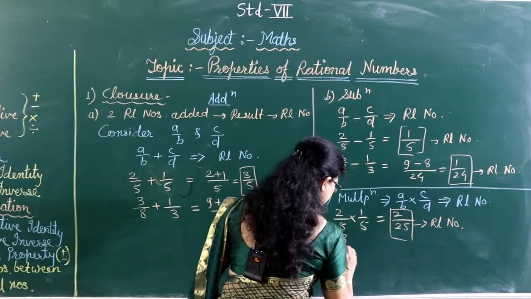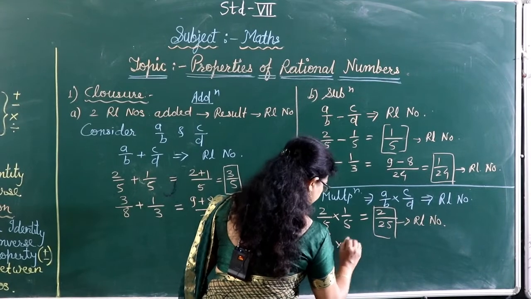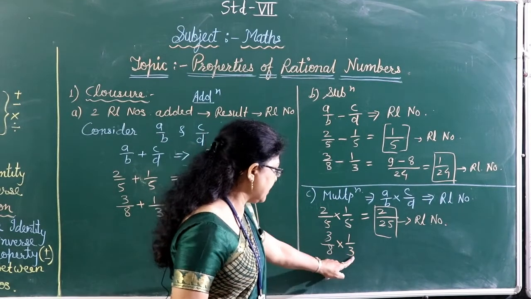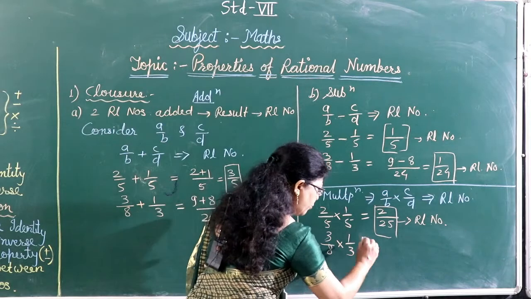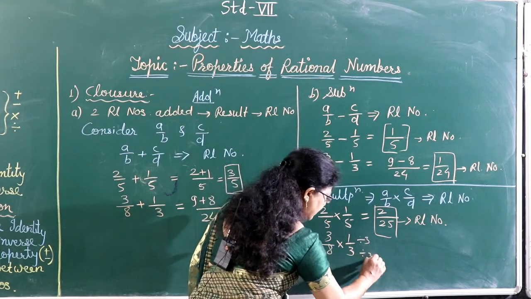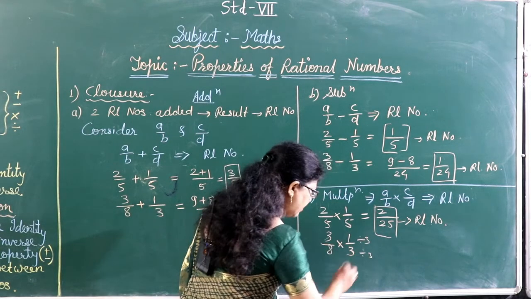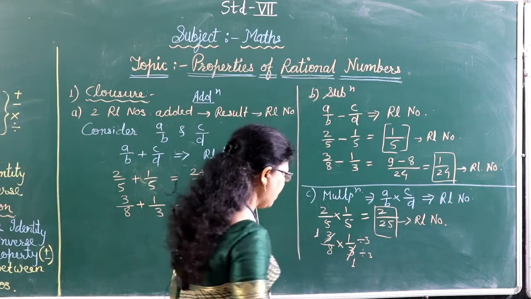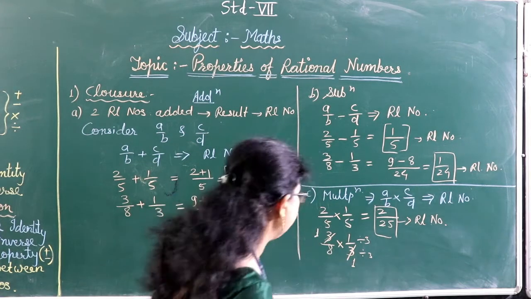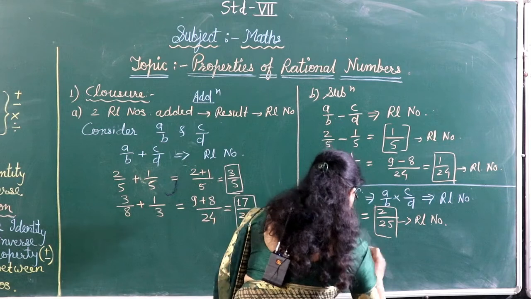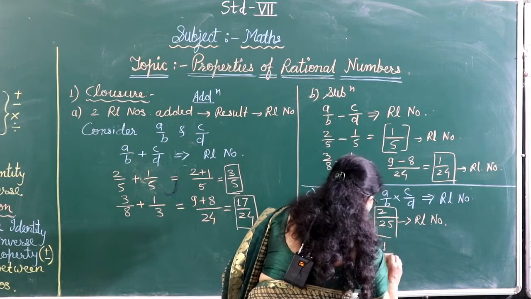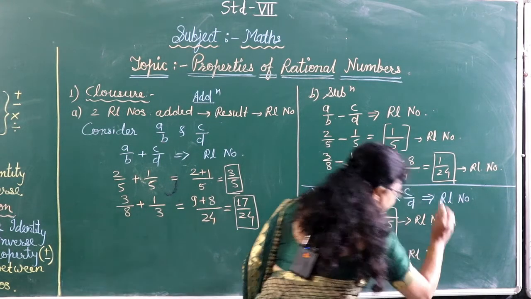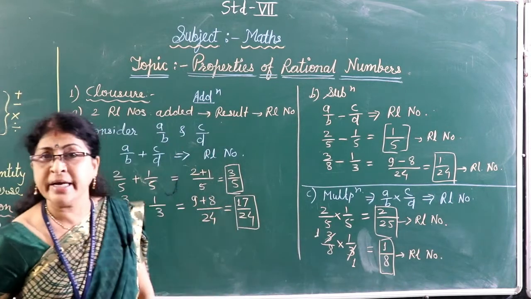Another example you can check: 3 by 8 multiplied by 1 upon 3. Here in the numerator is 3, here the denominator is 3. So you can cut both of them. You can divide by 3 because 3 is common in numerator as well as denominator. So divided by 3, 3 1s are, and here also 3 1s are. Okay, so what answer you will get here? What remained here? Here you will get 1 1s are 1 upon 8. This is also a rational number, right? Means we can say that multiplication of rational numbers is closed.